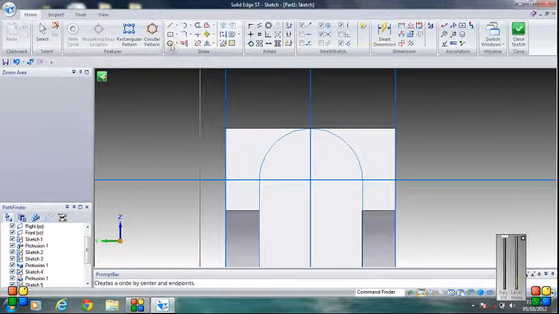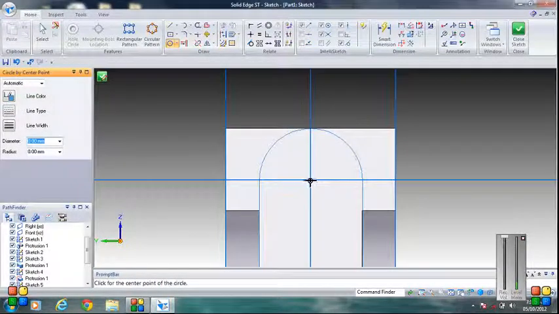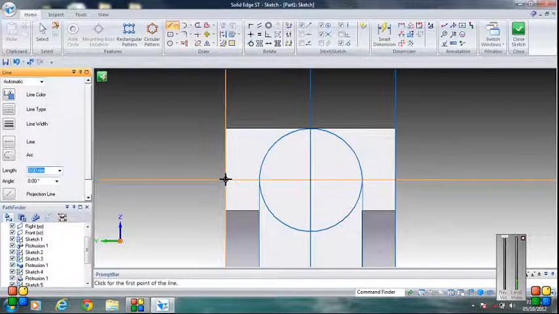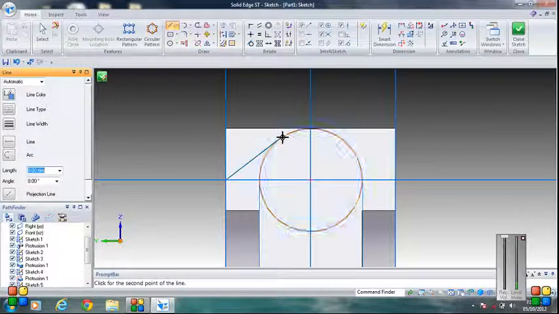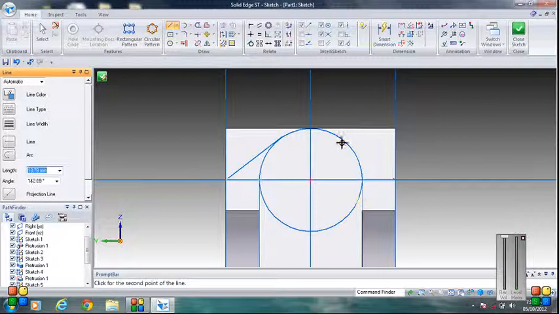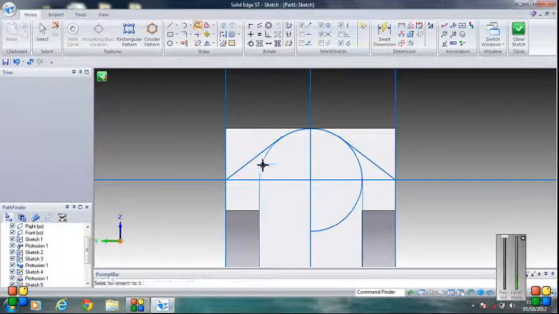Go to circle command, draw a circle from the center point of this till here, then go to line, take the intersection point of this and tangent to this. Line, intersection point of this and tangent. Okay, then go to trim between these two, here. Then trim corner between this and this, between this and this and this, between this.